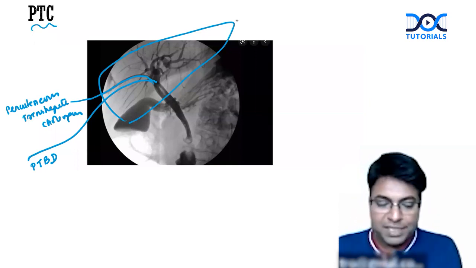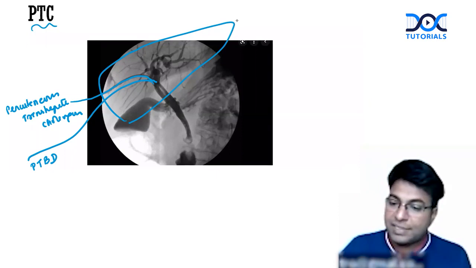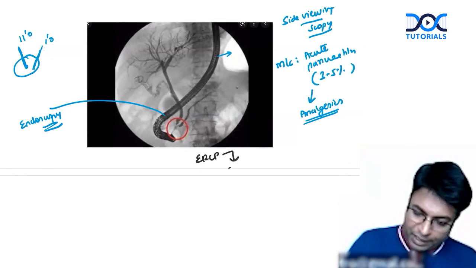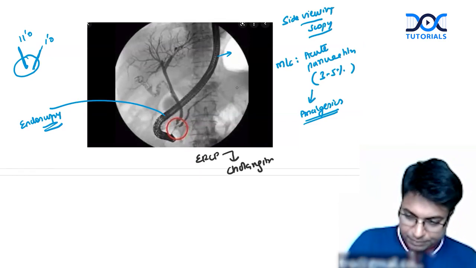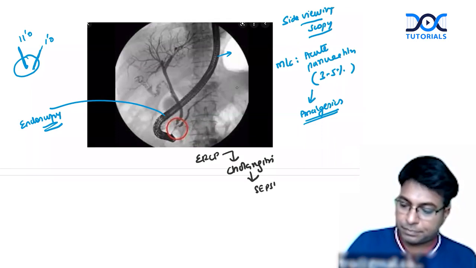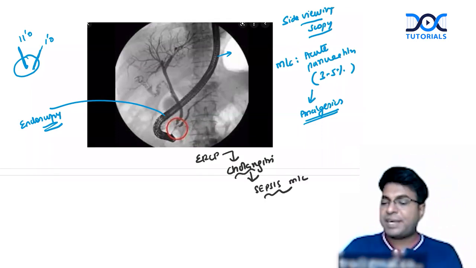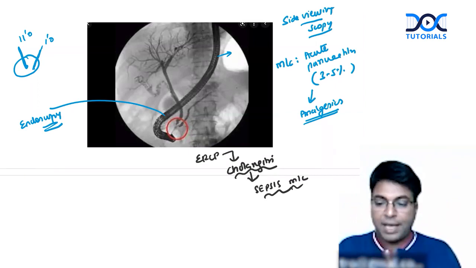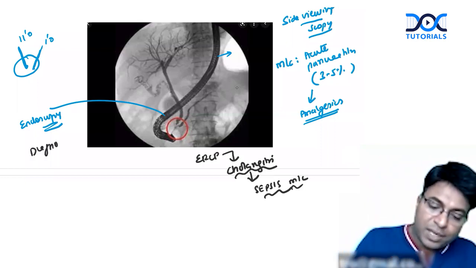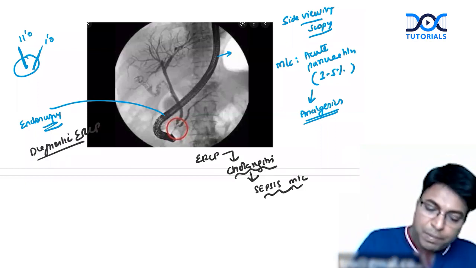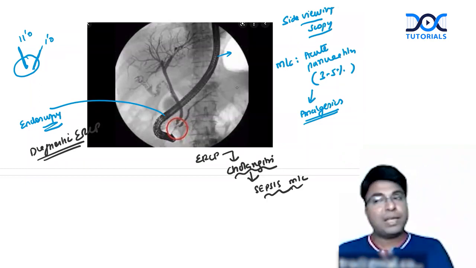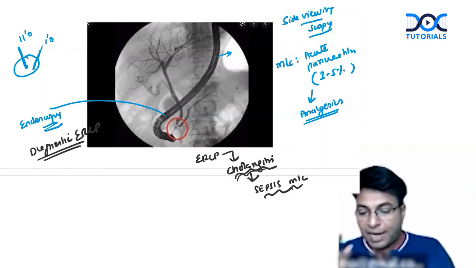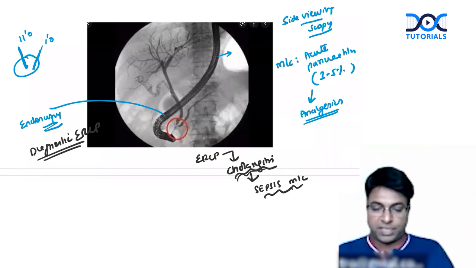No, sepsis actually was mentioned in Bailey and Love because it is when it is done for patients with cholangitis. So please remember, when ERCP is done for a cholangitis patient, that time you get sepsis as a most common complication because already patient is in sepsis, near sepsis. So when ERCP is done for cholangitis, the patient can develop sepsis. I am telling you a diagnostic ERCP. When I am doing a simple diagnostic ERCP or a simple stenting with the ERCP, that time I'm telling you the answer. But for patients who are having cholangitis, if I'm going for ERCP, definitely the patient already will be in sepsis, and sepsis will be one of the most common presentation in such cases.